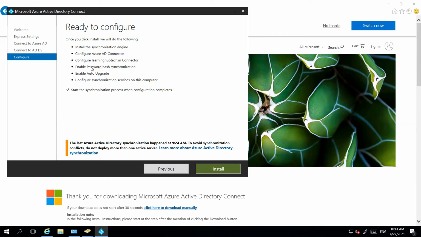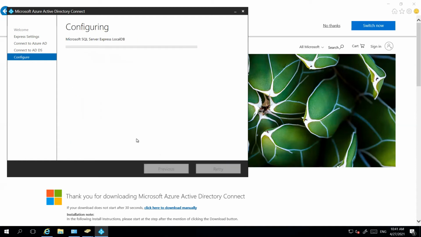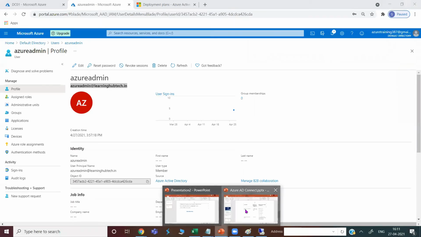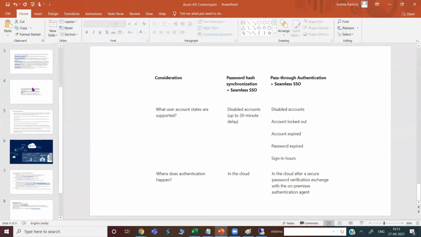Meanwhile, just go ahead and install this one. You can see that it is going to install a SQL Server on this particular virtual machine. Once this installation is done, we will go to the app wizard and see what components, along with Microsoft Azure Active Directory, are getting installed on this virtual machine. Right now, let it be. It will take some time. So meanwhile, we will understand the password hash. What is the meaning of the password hash here?